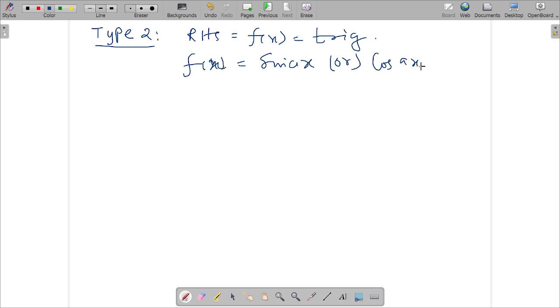At that time you have to substitute for sin ax or cos ax. Then the particular integral is right hand side by left hand side. The right hand side is f of x, that means sin ax or cos ax,